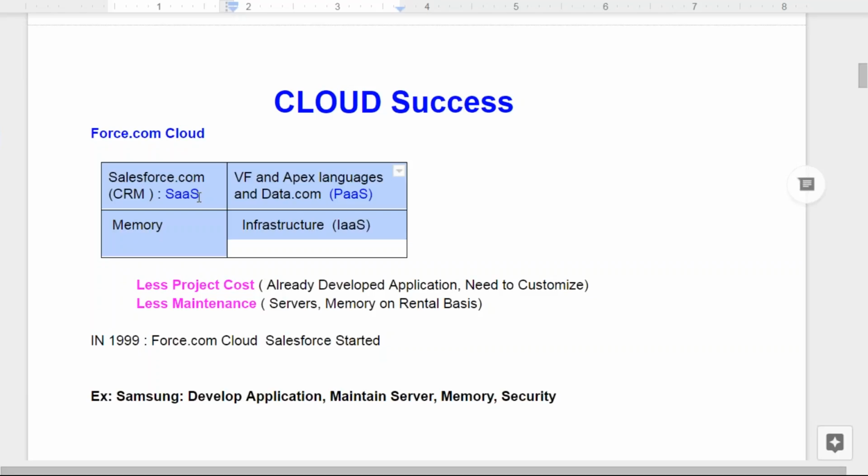What's the point? Salesforce is software which explicitly discusses CRM. It's not the finance or HR domain. And we are accessing all these services through the browser on a rental basis. Why cloud technology? If the client does not maintain server, software, anything, I pay the rent and I'll access all the services through the browser. Get it?